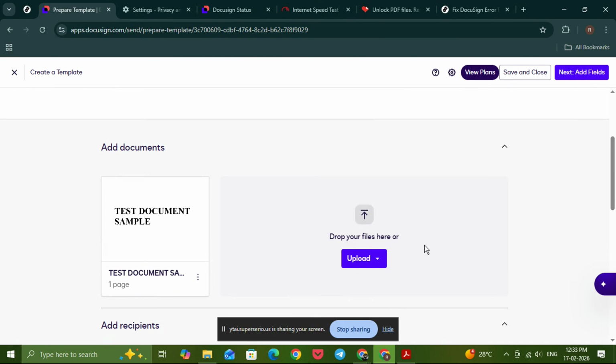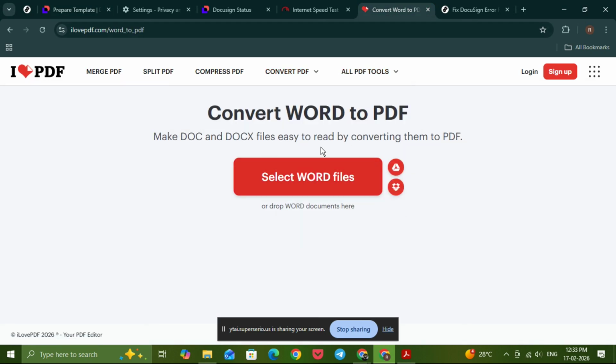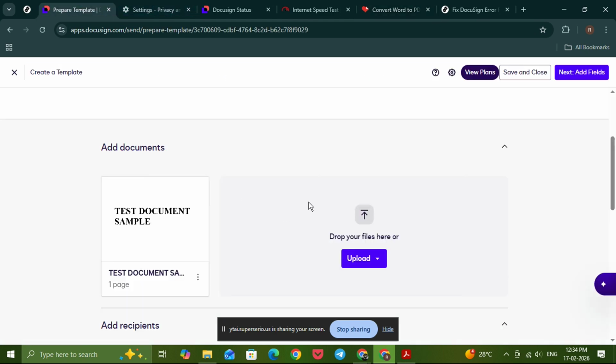Let's get started. The first and easiest fix is to convert your file into a standard PDF format using an online tool like iLovePDF. Sometimes PDFs are created using advanced settings, special fonts, or unsupported compression methods that DocuSign cannot process. Go to iLovePDF.com and choose the PDF conversion tool. Upload your file and convert it to a standard PDF. Once the conversion is complete, download the new file and try uploading it to DocuSign again. In many cases, this alone resolves the unsupported content error because the file gets rebuilt into a cleaner, more compatible